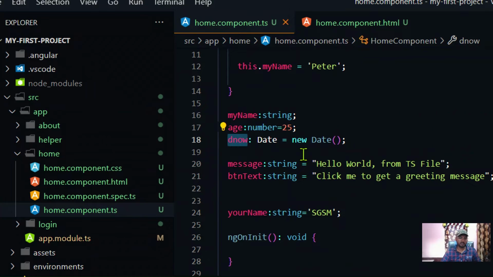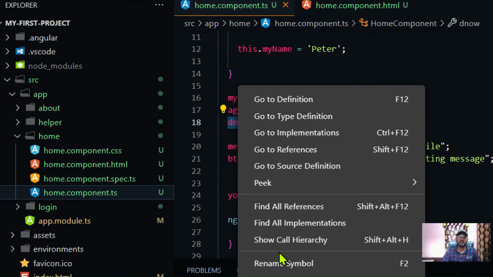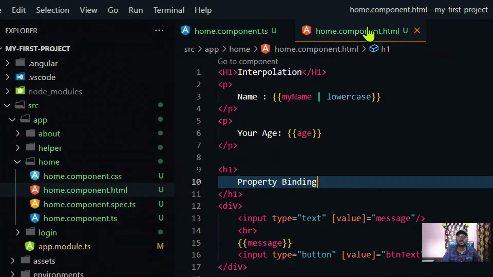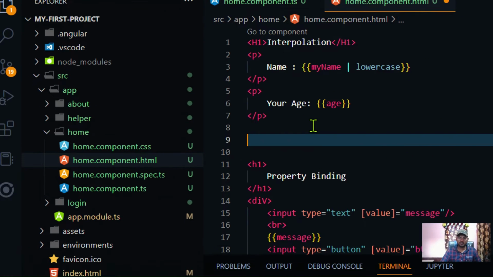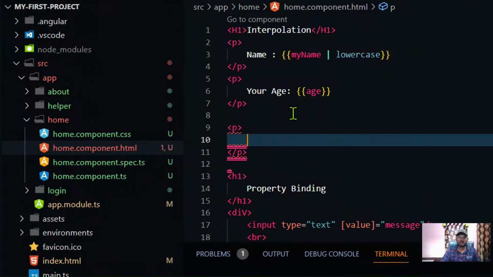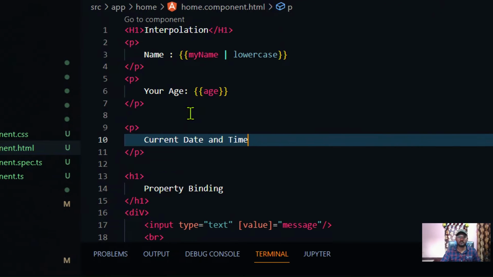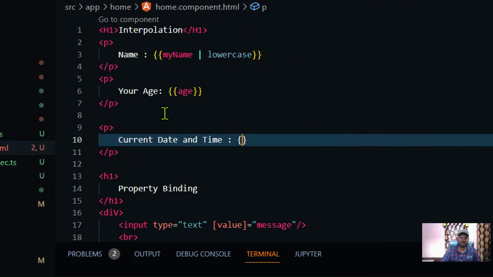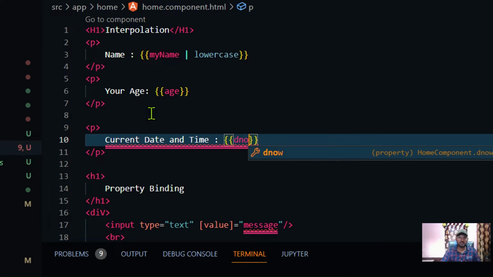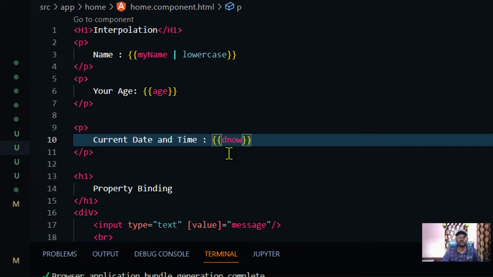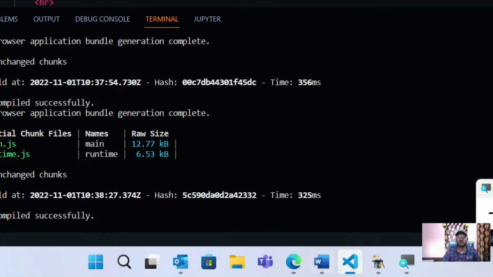This is the property name, so I just copy it and go to the HTML file, and now include another paragraph tag and place the current date and time. Here we are going to use interpolation to get that dNow bound with this particular template. So just write dNow. I have not used any pipe, so if you save and check how it looks, then see